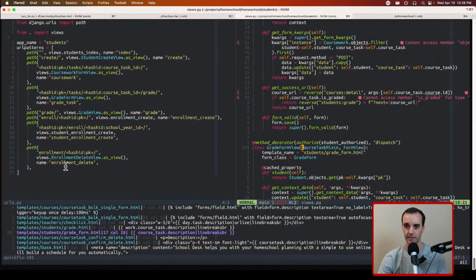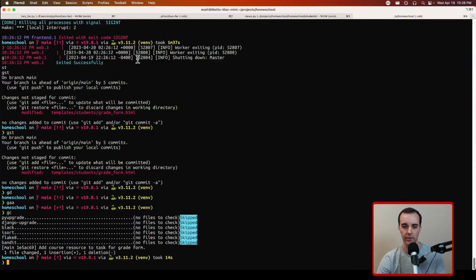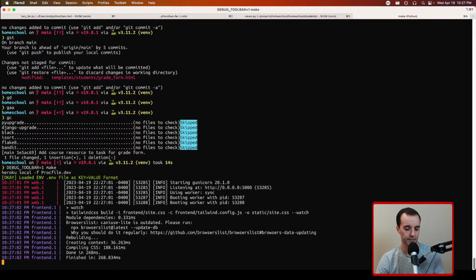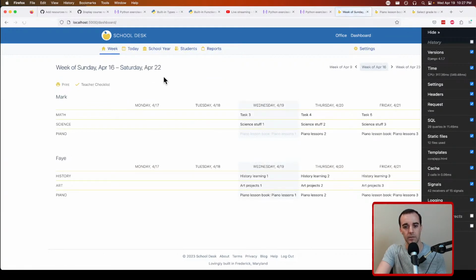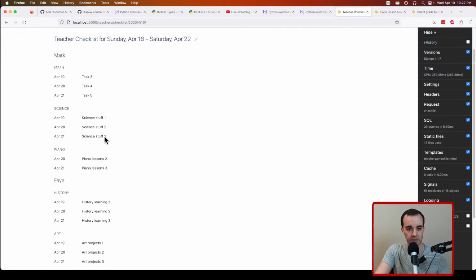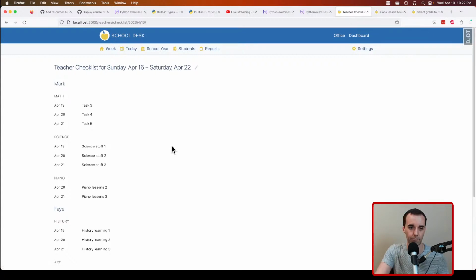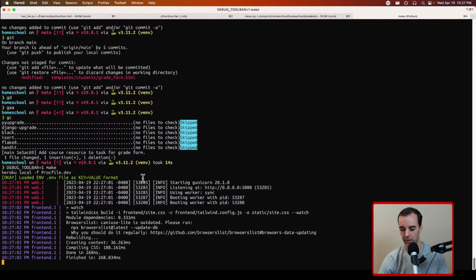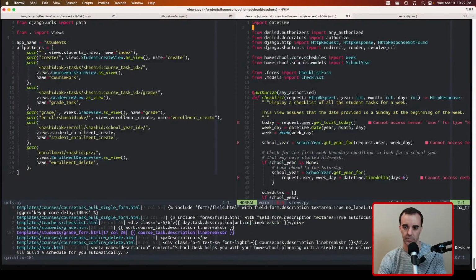But let's do the teacher checklist first. So the teacher checklist is kind of like the week view, but it's in a table style. It was requested by a user so that she could have a printout for her week. We go to the week. This is what we've got, but we can go to the teacher checklist and we see this. Pretty boring, but that's what the person was looking for. So what needs to be added here is the removal of description. So this is a teacher's view, the checklist,